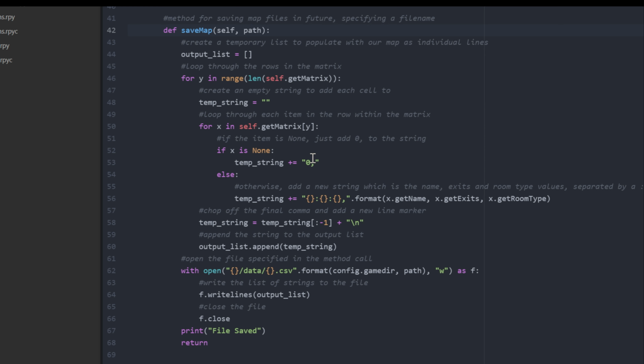So we actually create our save file, and I've annotated the code here. We're creating a temporary list to populate with our map as individual lines, because we write the text to a text file line by line. So we're creating an output list which is currently empty, and then we loop through all of the rows within our matrix. Then we create an empty string, and what we're going to do now is cycle through every single